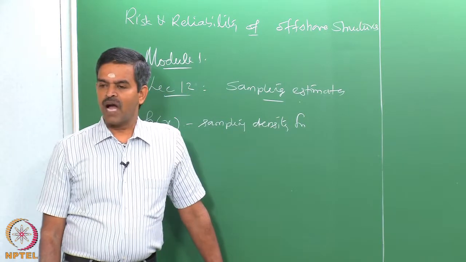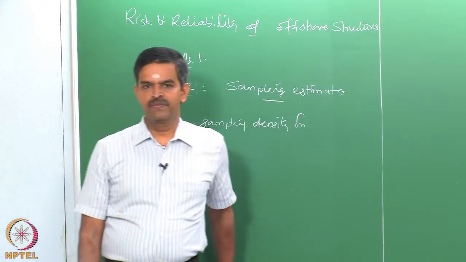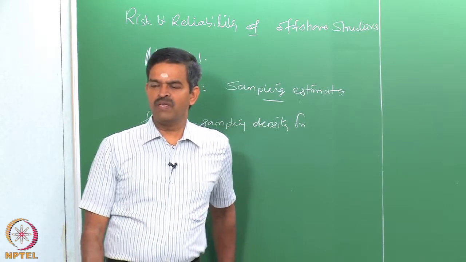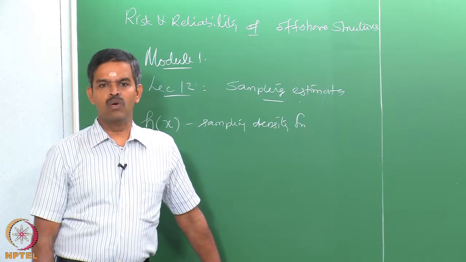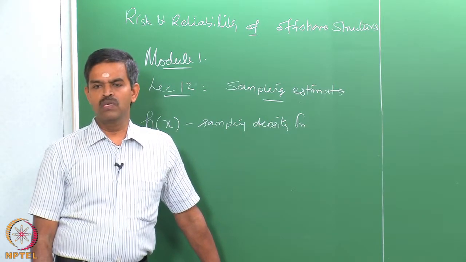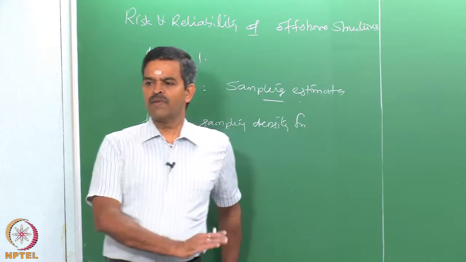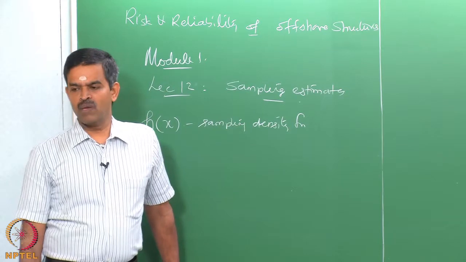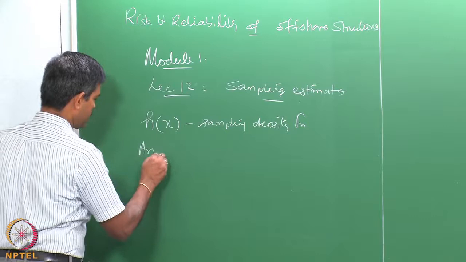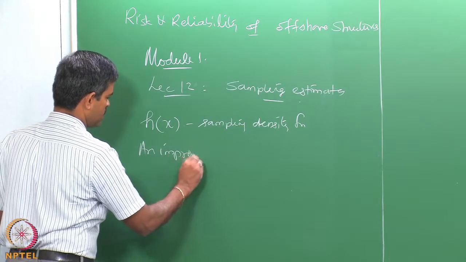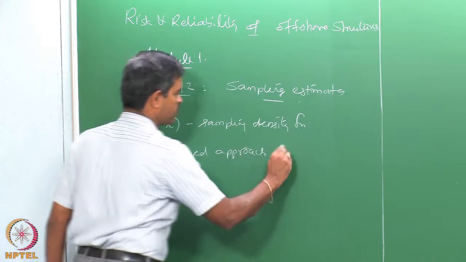We already said our focus is to improve the accuracy of the failure estimate. So, obviously, if you really want to improve the accuracy of the failure estimate or probability of failure, one should focus on how to improve the efficiency of the simulation method. We have discussed a couple of methods in the last lecture. Let us discuss one more method by which an improvement is shown. Let us say an improved approach of simulation